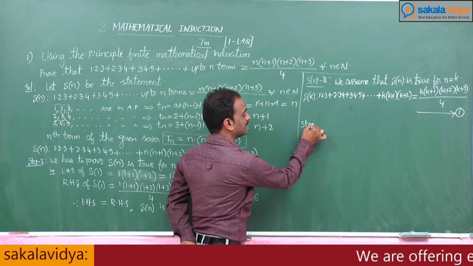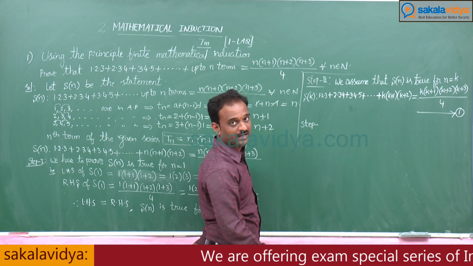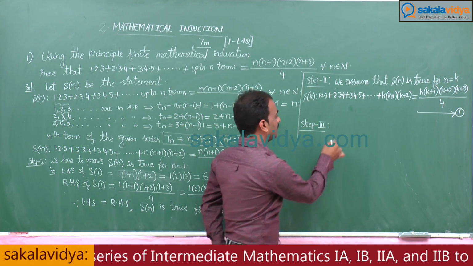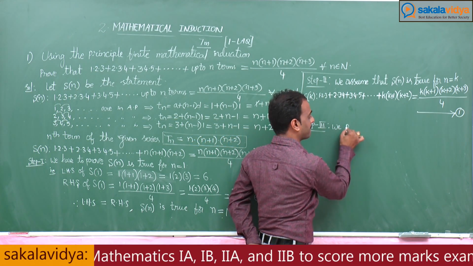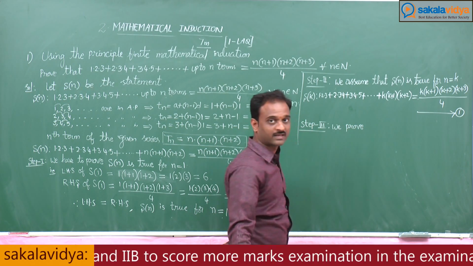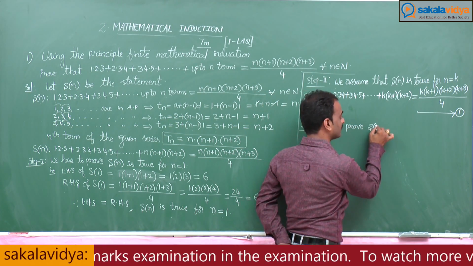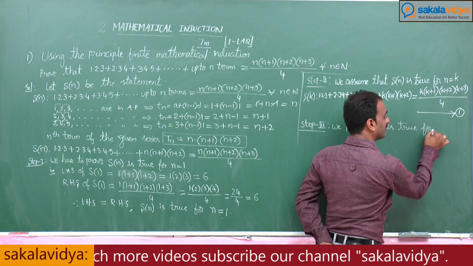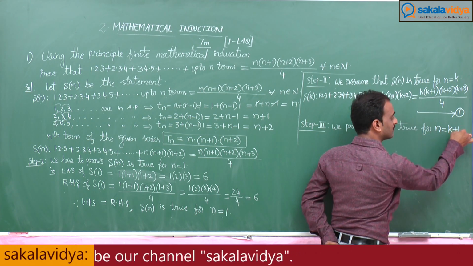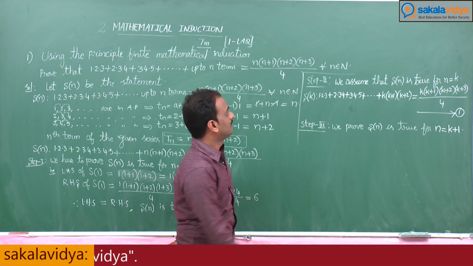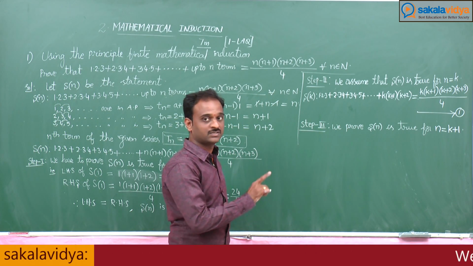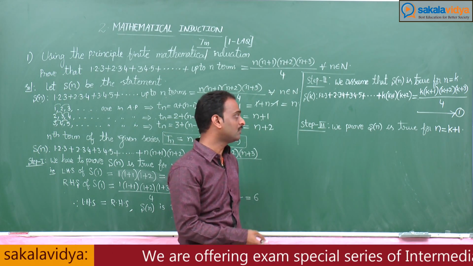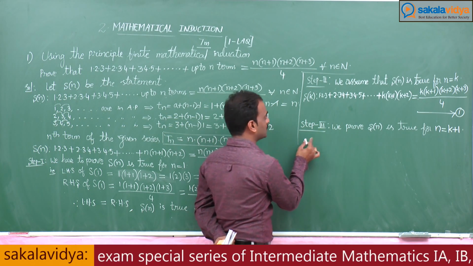Step 3, which is also called the inductive step. In this step, we prove the given statement S of n is true for n is equal to k plus 1. In the above step, we assumed that S of n is true for n is equal to k. Now we prove S of n is true for n is equal to k plus 1. It is enough to show